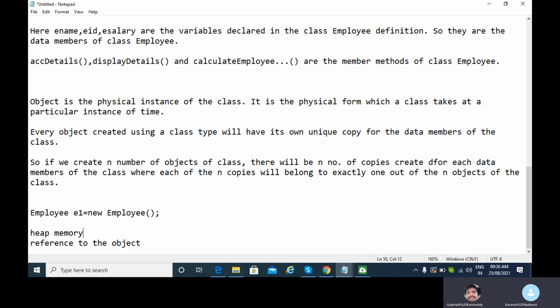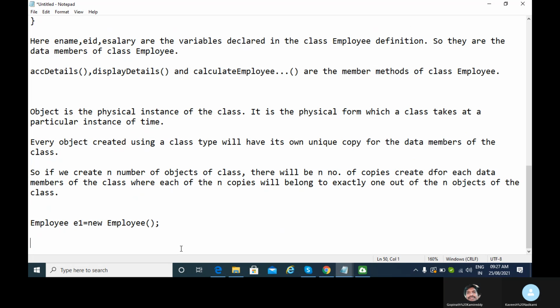Okay. So I will write that. The above statement, as I told you, creates a new object of the class employee in the RAM memory.